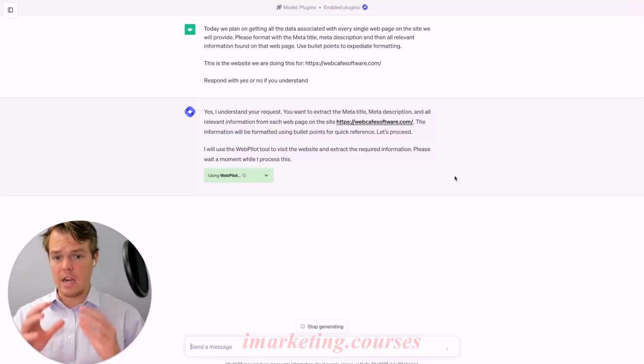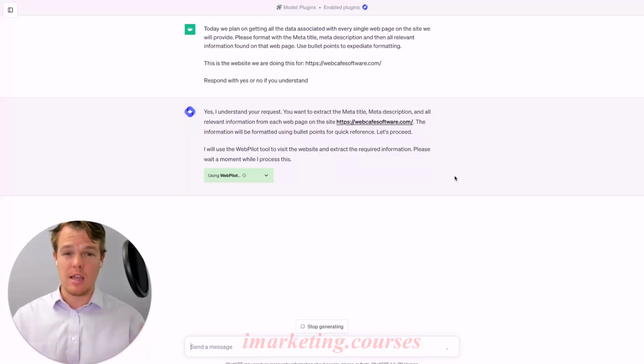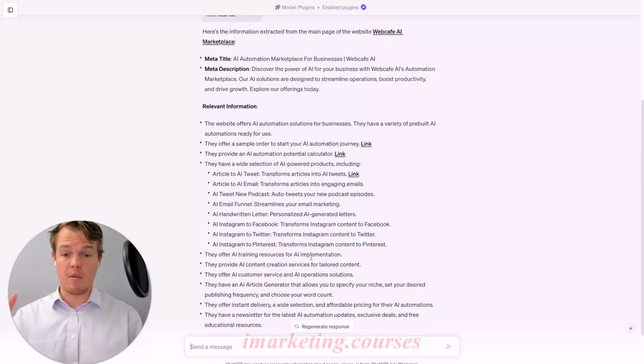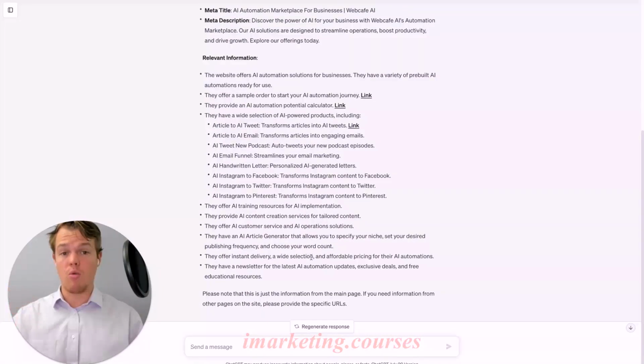Okay, so it went ahead and understood what we're doing today. And as you see, it has that little green box, meaning it's accessing the API and that live front-end web page. Let's see how it formats this output. Okay, perfect. So as you see here, it provided the meta title, meta description, and all relevant information for that